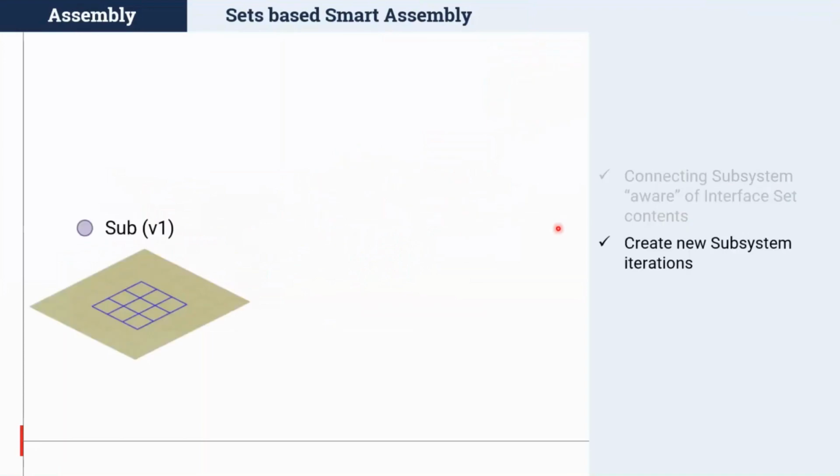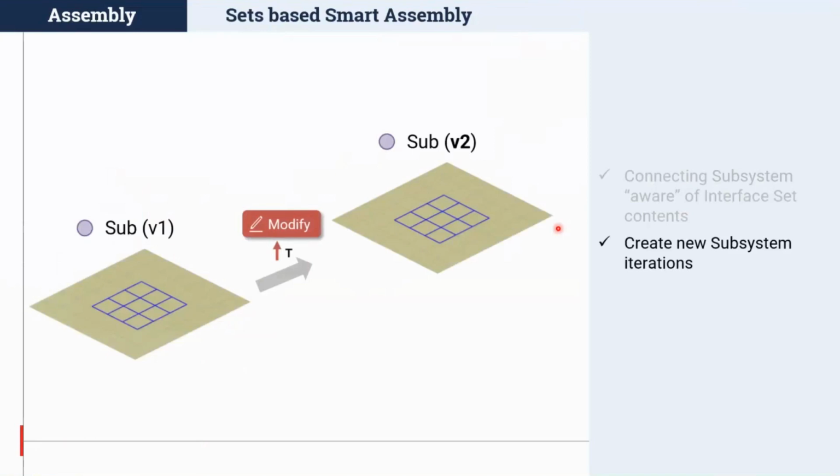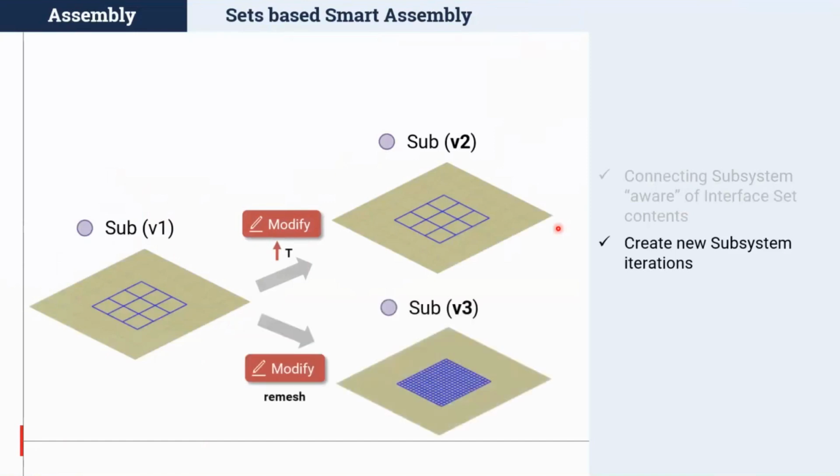those two pieces of information will be stored as subsystem 1 and the connecting subsystem, which consists of the GEB for the distributed mass. Now let's take an example where you modify the base subsystem. For example, you modify certain thicknesses of the baseline subsystem. And the second or third version of the subsystem that you are saving is made by remeshing this plate, where the set definition is also changed.